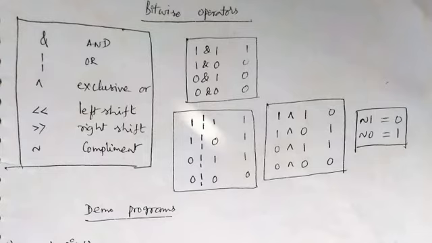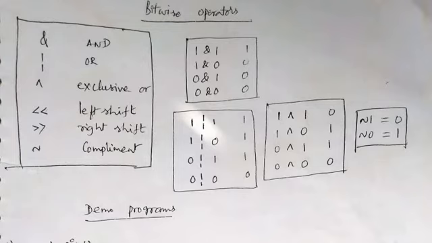Look at the truth tables. These tables we call truth tables in general. So how does AND work? 1 and 1 is 1. If both are 1, then the resultant is 1. What about OR? If any one is 1, then the resultant is 1. Then what is exclusive OR? Try to observe the difference between OR and exclusive OR. In case of OR, any 1 gives you 1, whereas in exclusive OR,